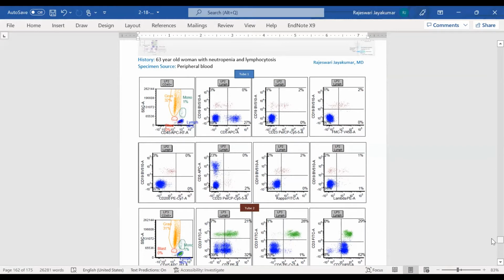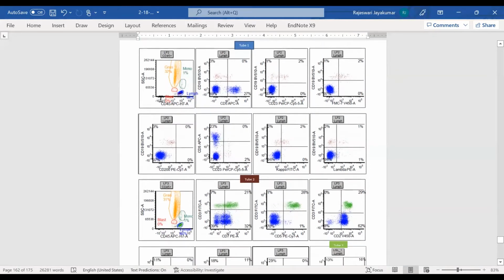Hello everyone, we are now going to go over the peripheral blood flow cytometry from a 63-year-old woman with neutropenia and lymphocytosis. So let's start with CD45 versus side scatter. When you see CD45 versus side scatter, you have a large number of cells in the lymphocyte gate,